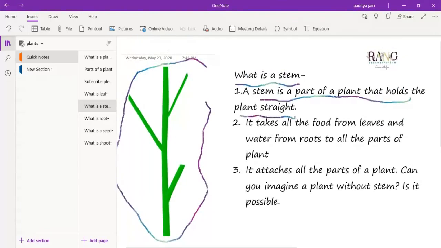Can you imagine a plant that does not have a stem? How will it be able to stand? It takes all the food from the leaves and water from the roots to all the parts of the plant. So see, in the earlier figure, as you can see here,